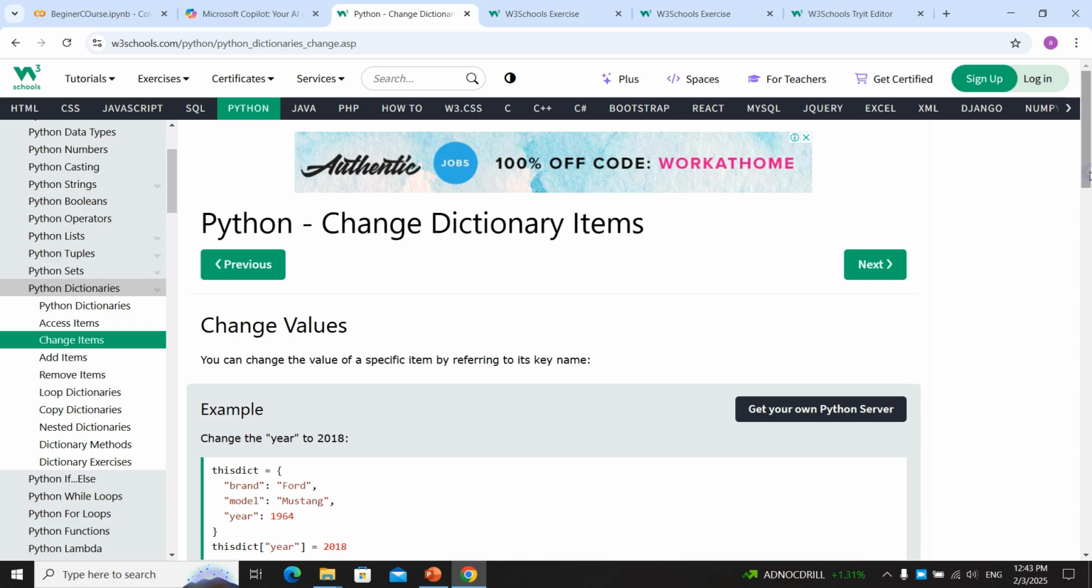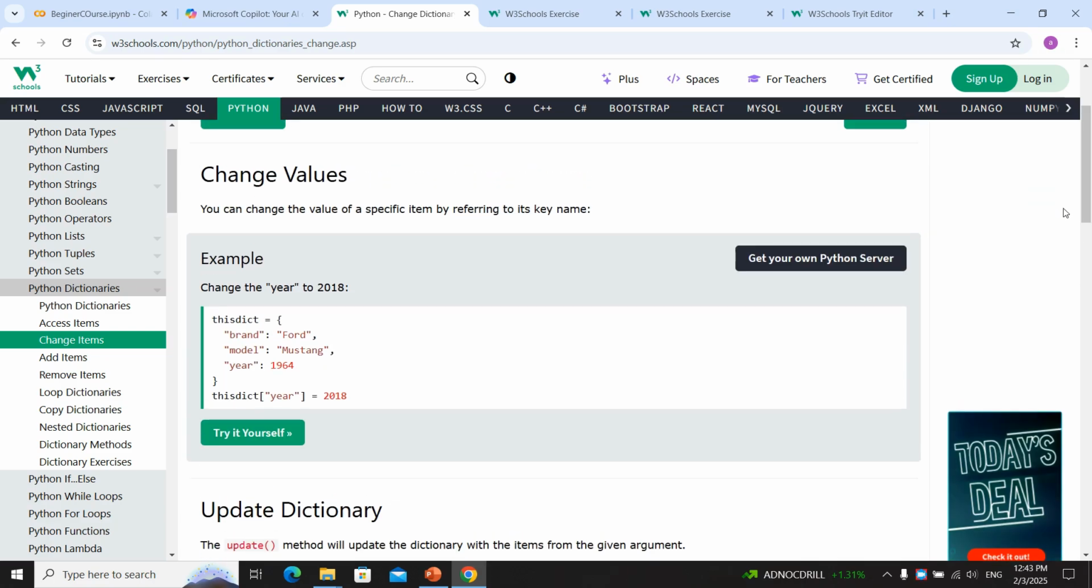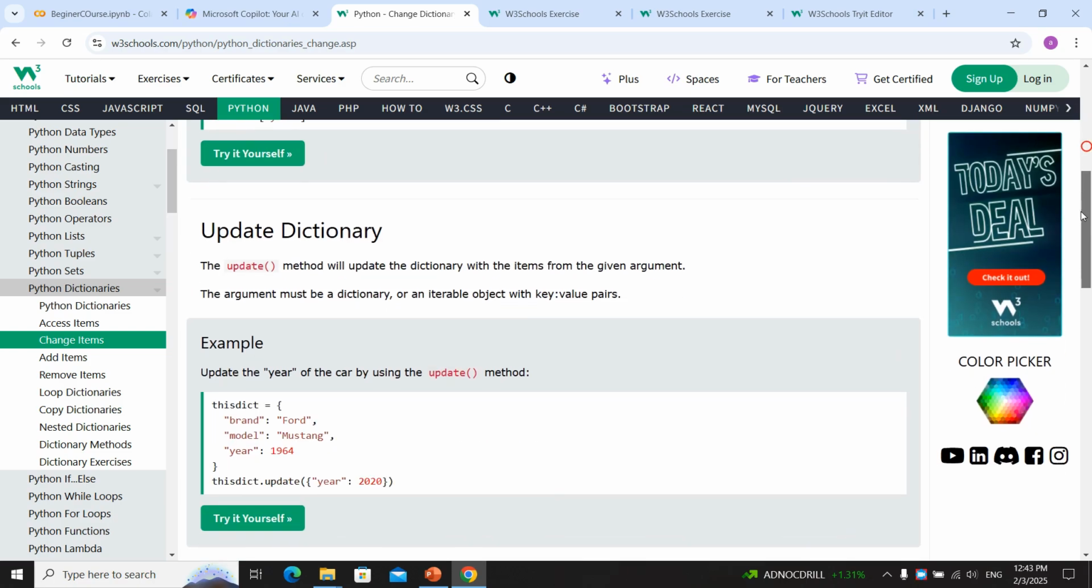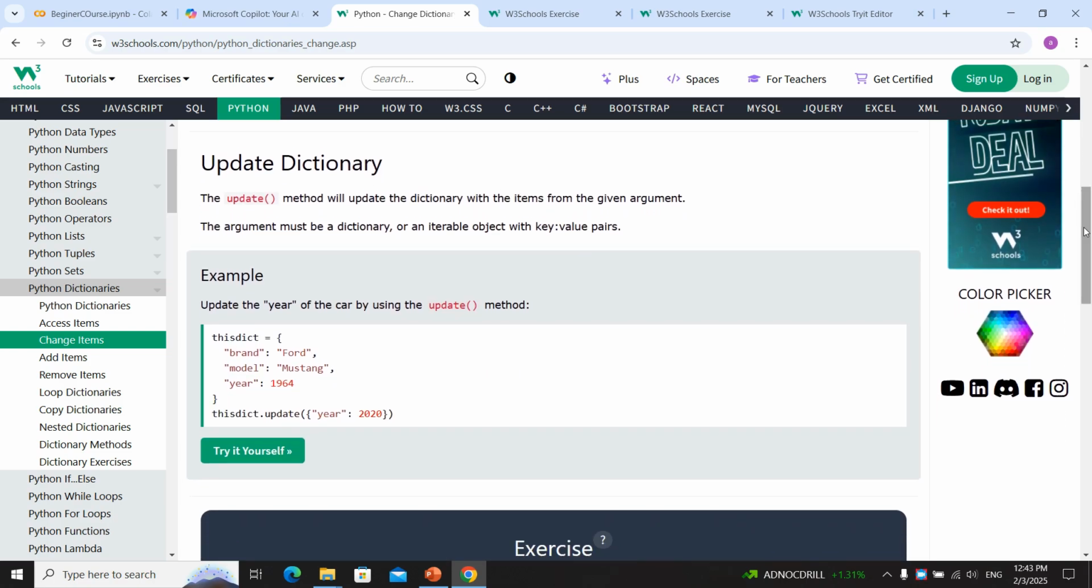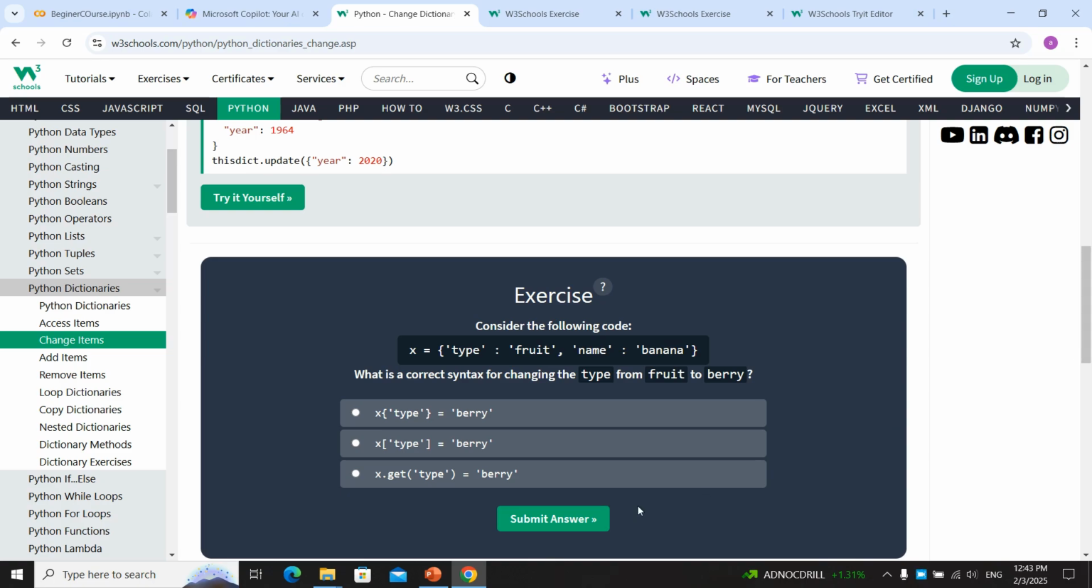I'm going to teach you, but at first we need to learn a little about them to understand how this works. Okay, we learn about changing items, and we can update the dictionary also. Update is something like changing a little different. We can use it, let's say, and